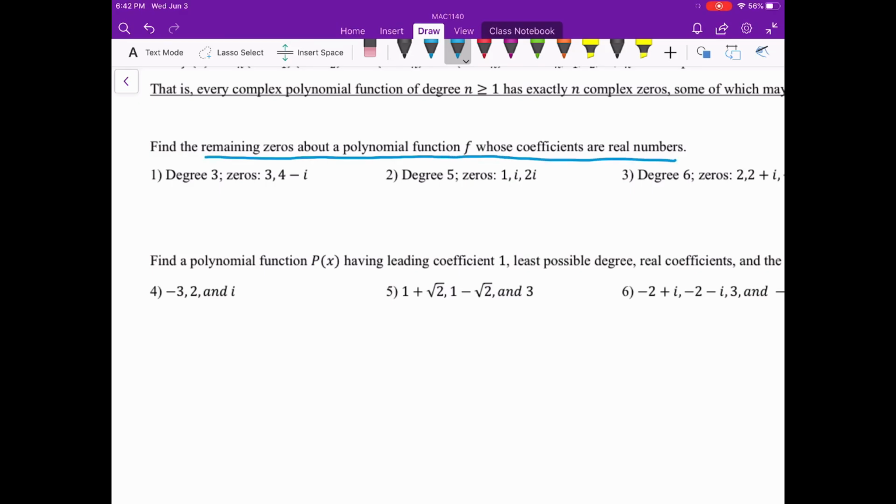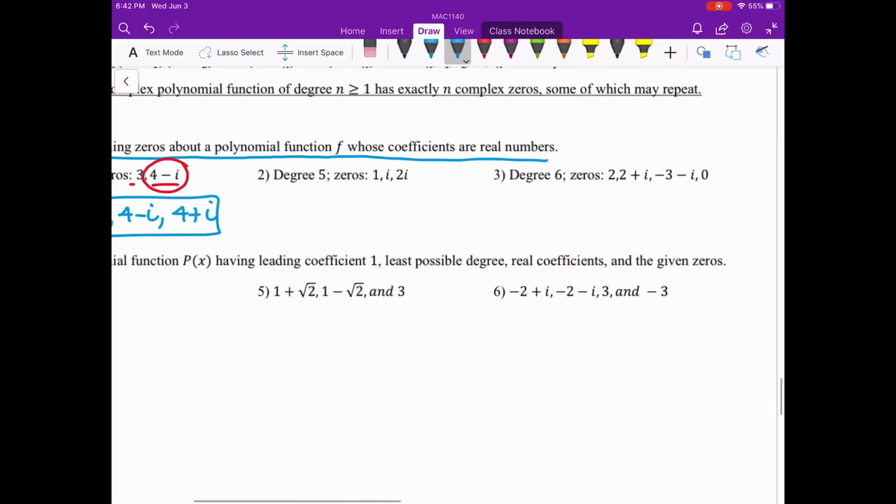So here, for example, find the remaining zeros of a polynomial function f whose coefficients are real numbers. So this one is degree 3. So far here I have 1 and 2 zeros. But I know that this is complex and the conjugate is also a 0. So I can tell that the zeros are,